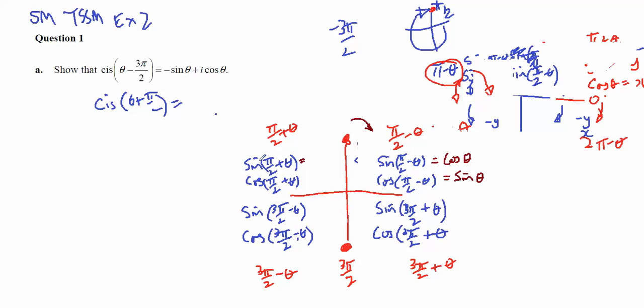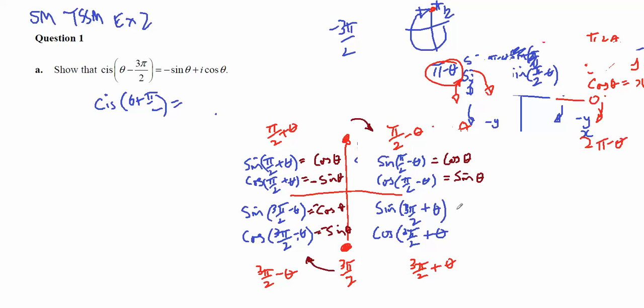In this quadrant, the sine of pi on 2 plus theta equals cos theta. And in this quadrant, sine is positive, so it's positive. But the cos of pi on 2 plus theta is equal to the sine of theta, but it's negative. In this quadrant here, which is 3 pi on 2 minus theta, the sine is going to equal the cos of theta, but negative. And this is going to equal the sine of theta, but negative,